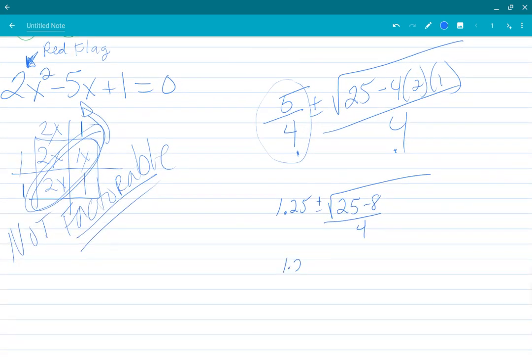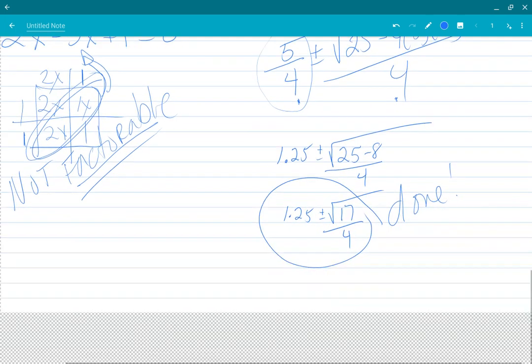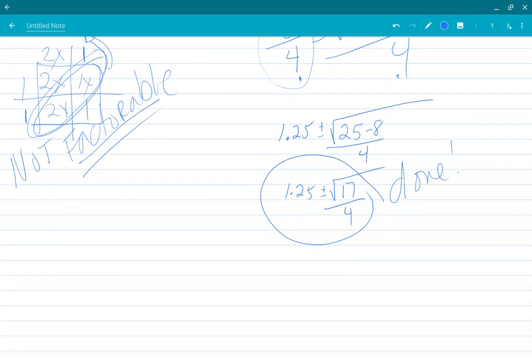25 minus 8, that's 17. Can you get the square root of 17 without a calculator easily? No. So if you didn't have a calculator, you would be done right here. If you did have a calculator, the square root of 17 is,